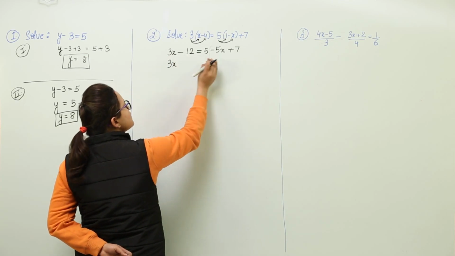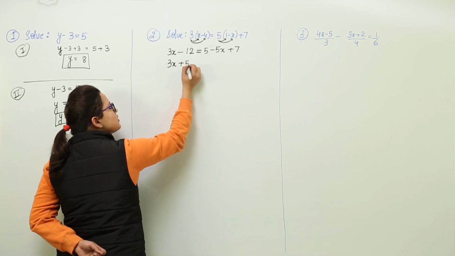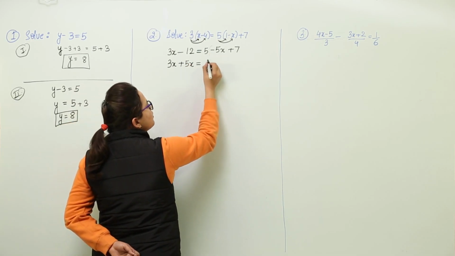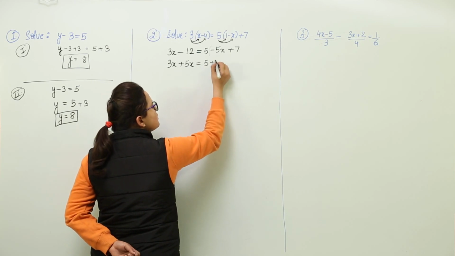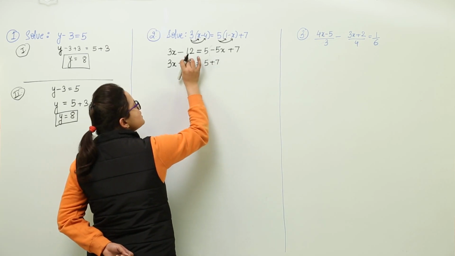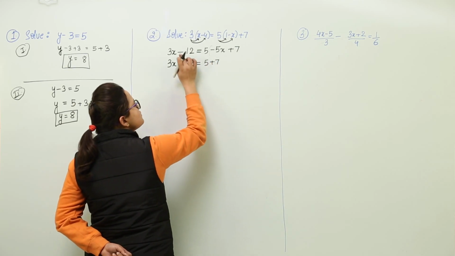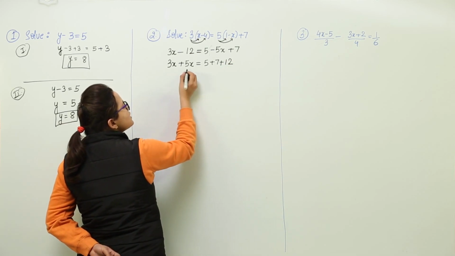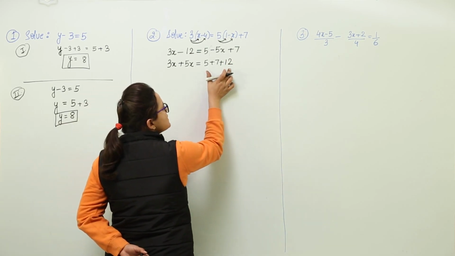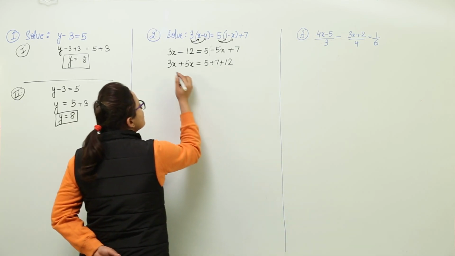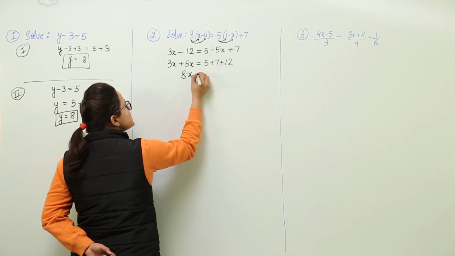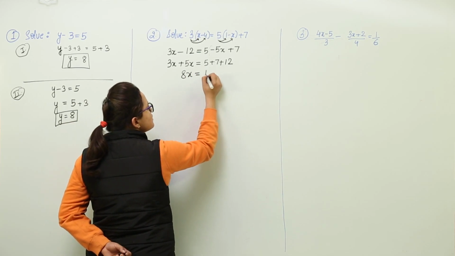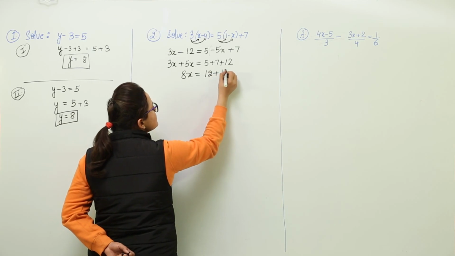Now minus 5x will come to this side, will become plus 5x because I am transposing it. The minus gets converted to plus, equal to 5 remains as it is, 7 remains as it is on this side. I am getting 12 from that side, because it was getting subtracted, this side it will get added. So now we have 3x plus 5x on left side, and on the right side we have 5 plus 7 plus 12. So on left hand side we get 8x equal to what is 12 plus what is 5 plus 7? It is 12 plus 12.